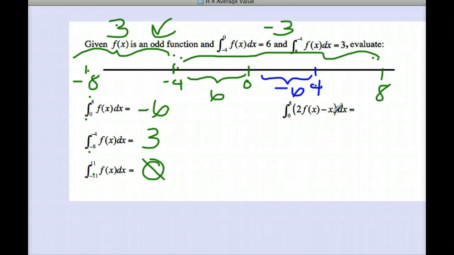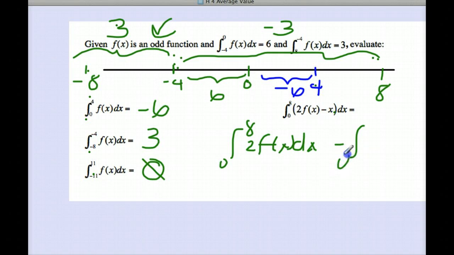And this one right here we can break up. So I'm going to do the integral of 0 to 8 of f of x dx minus the integral of 0 to 8 of x dx. Over here, I pull out my 2, and then I do my integrals, and I see 0 to 8 is the same as, well, actually, if you take a look at this, and I fill in my numbers,